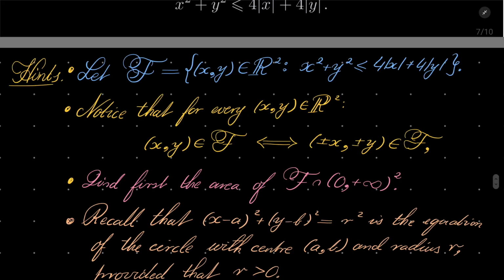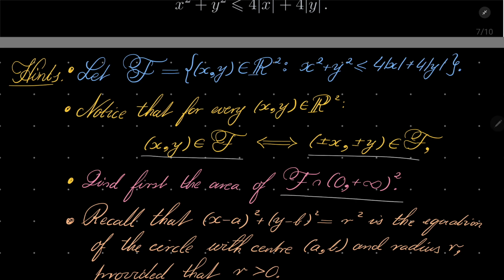Here are my hints. First, denote our figure by this capital letter F, and notice that a point (x, y) is in our figure if and only if (plus or minus x, plus or minus y) belongs to our figure, where we can choose the signs freely. So we can have plus x plus y, plus x minus y, minus x plus y, minus x minus y. And so we have some kind of symmetry going on: 2 axial symmetries and 1 central symmetry. So by using that, it suffices to find the area of our figure intersected with the first quadrant